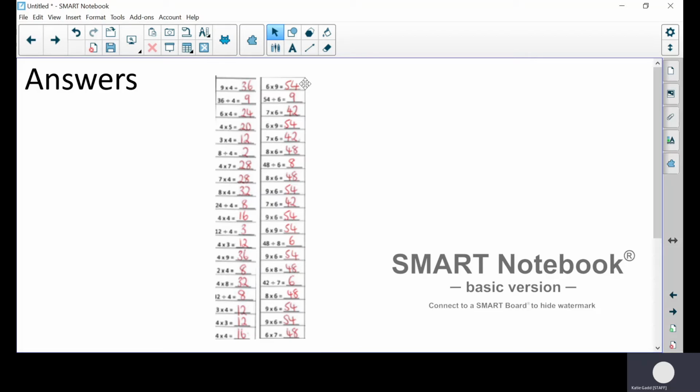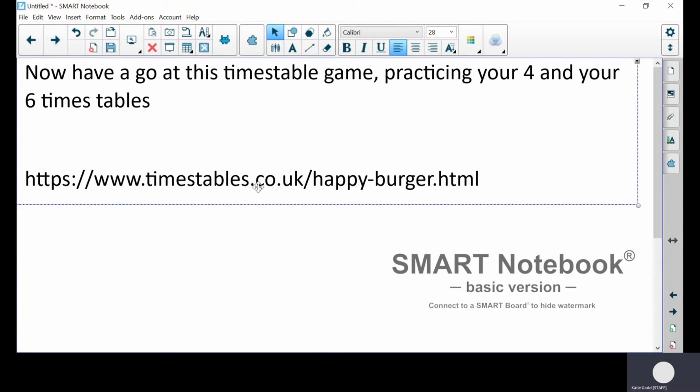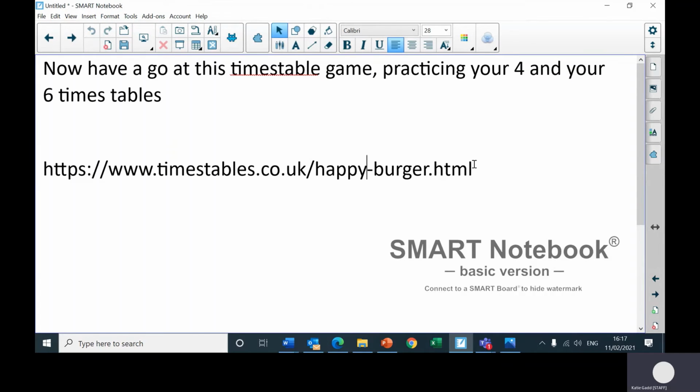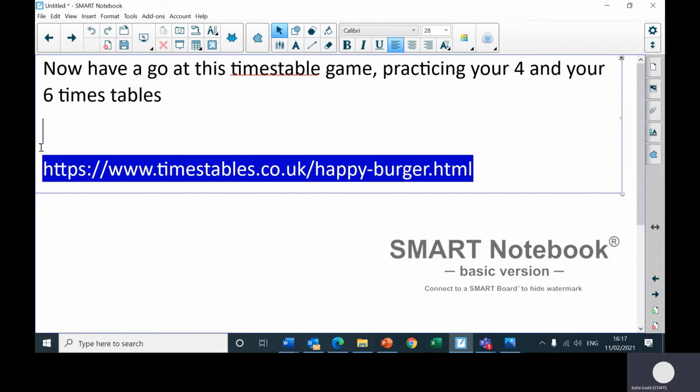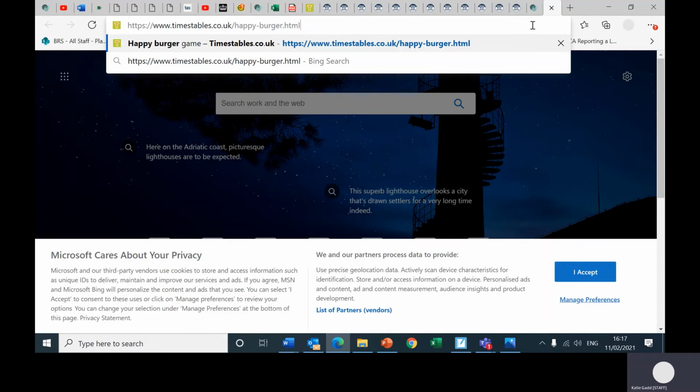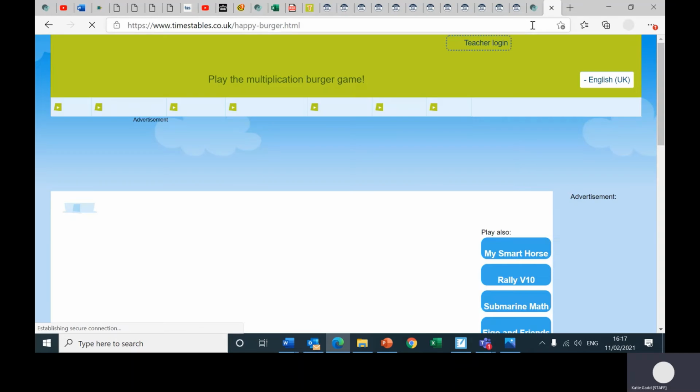Now pause the video and add up your score. How many did you get right? Okay, what I would like you to do now is I'd like you to have a go at this times table game. So once you've copied the link, you need to go to your internet browser and either copy it or write it into the search bar,